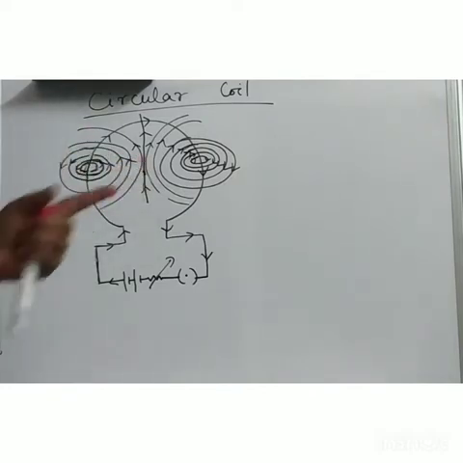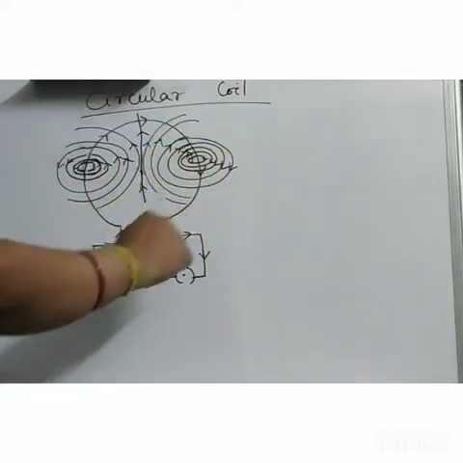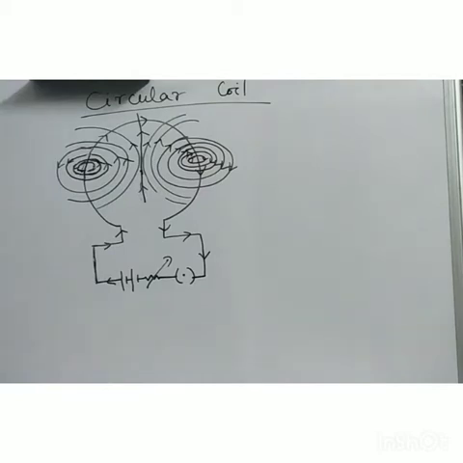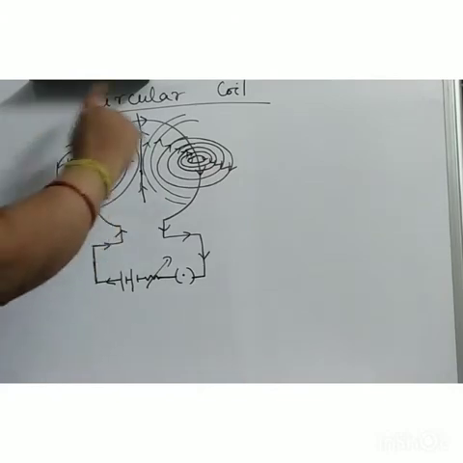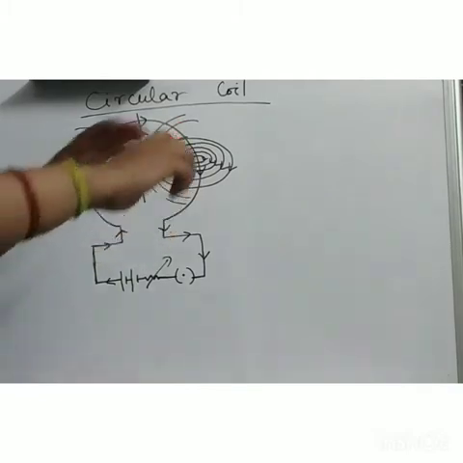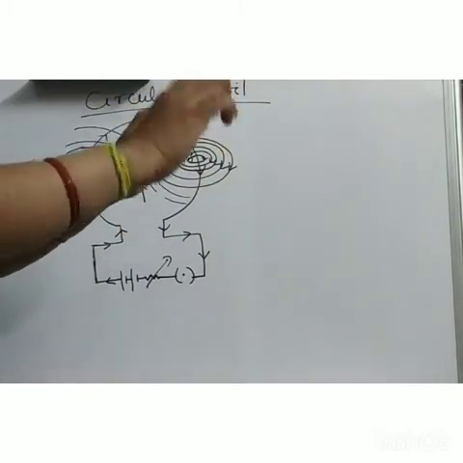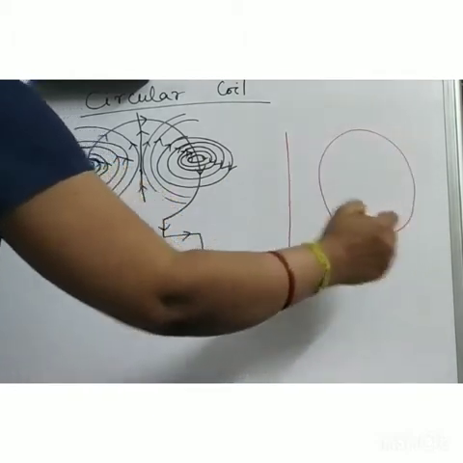Actually, for the magnetic field due to a circular coil, Ampere found that this circular wire, this loop, had a magnetic field. What is this circular loop? It is a wire, a conductor in circular shape. Simply take a straight wire and bend it in a circular shape, and you will get your circular loop.